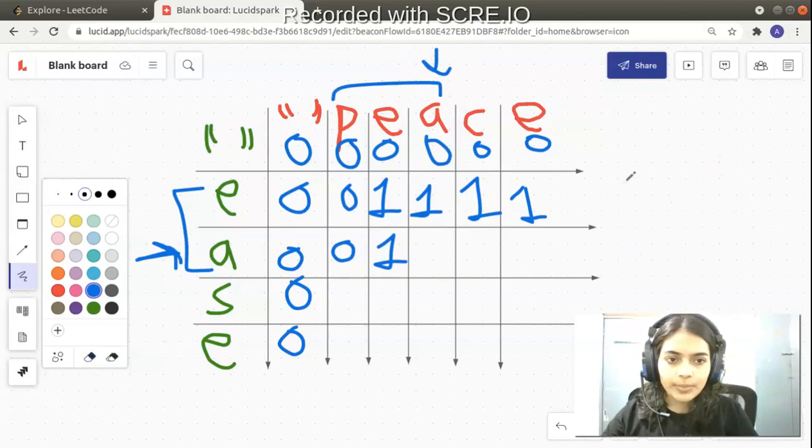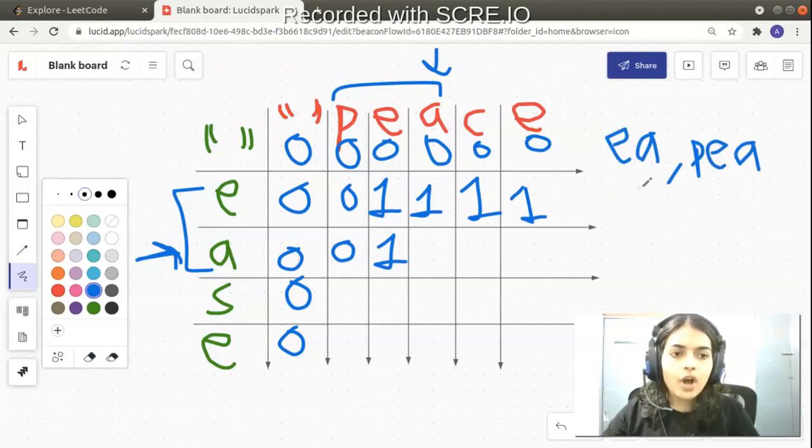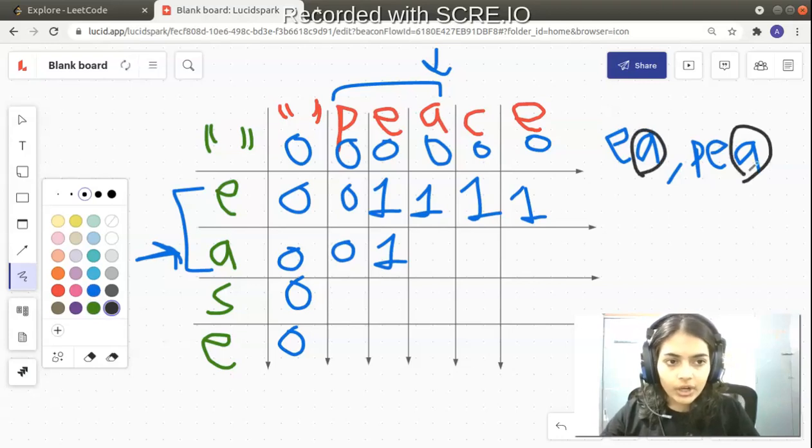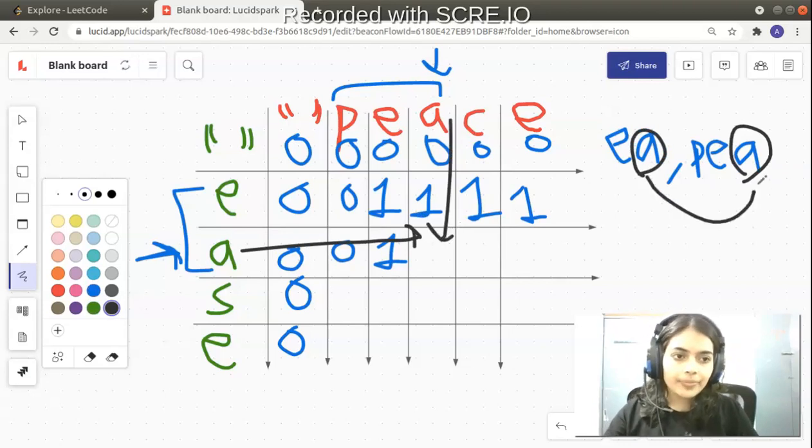What does that correspond to? The first string is EA, and the second we have PEA. Between these two, how many characters are common? Now you notice an interesting thing: A and A are the same. So corresponding to this particular row and column, the characters are the same. So you have got one extra character in common. You definitely have one character in common, and now you have one new common character.